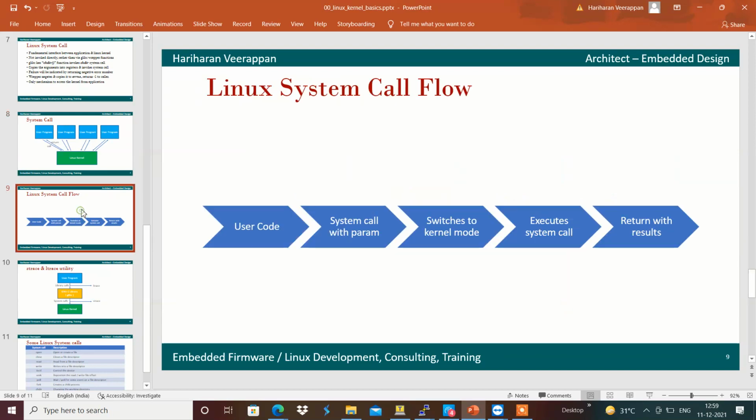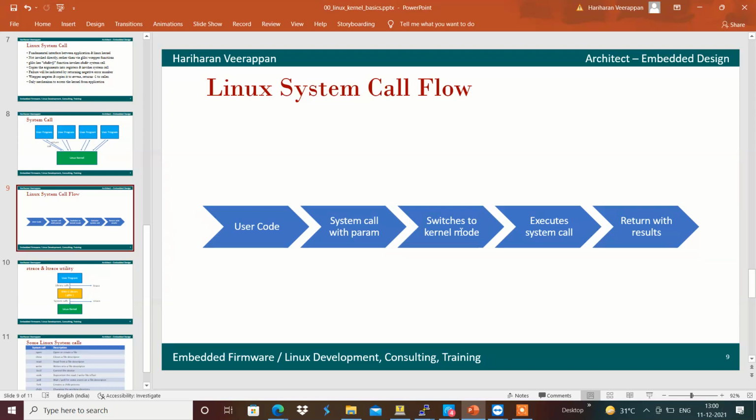The Linux system call flow is something like this: user code generates a system call with parameters. For example, a read will be done with that file node, and then those parameters will be given.